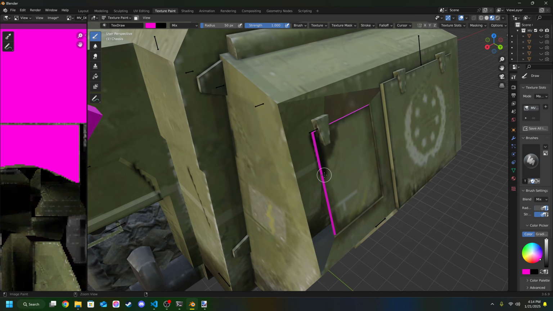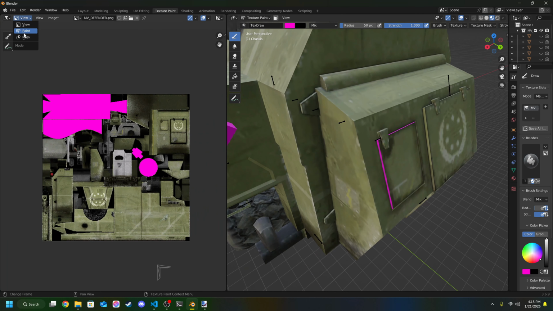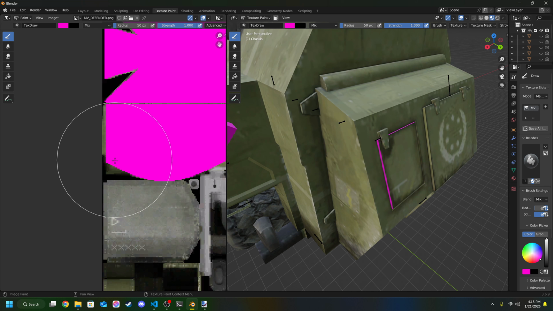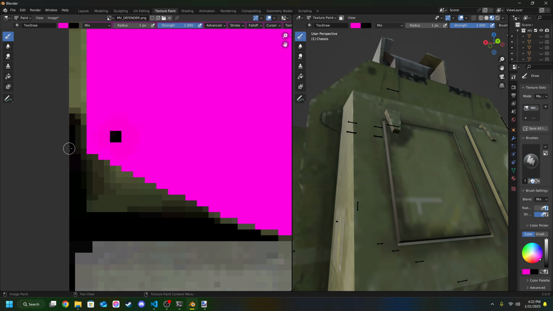However, even with parts of the model disappeared, it still doesn't want to be painted over. This is where we can employ another technique. Go over to the window on the left side and go into the Paint tab. Now hold Control and paint over different parts of the model until you see this disappear. As you can tell, we have discovered that the black is coming from this corner. As you can tell, we were able to manually paint over this section of pixels to make the pink disappear